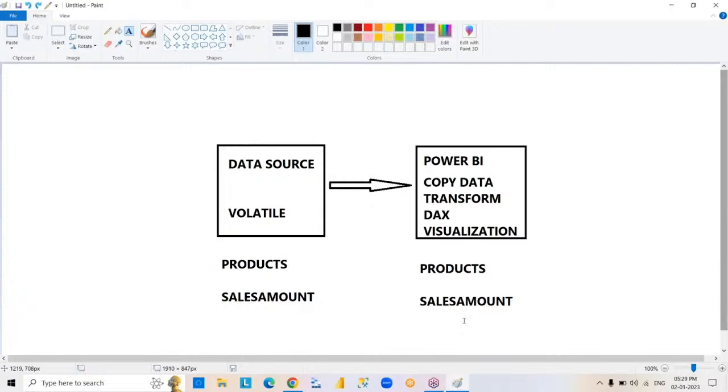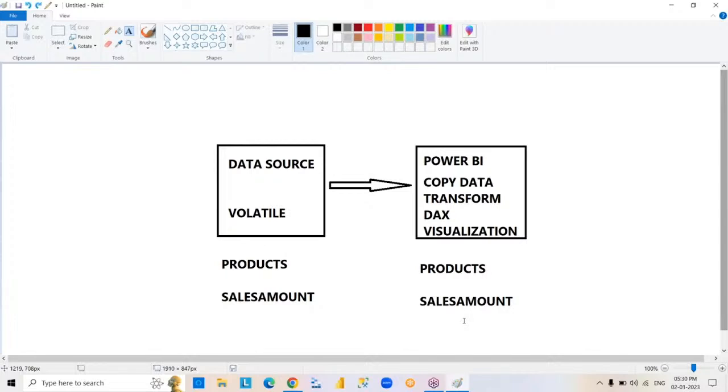I mean, bring data into required format purpose only. No doubt. Right? Coming to next scenario,